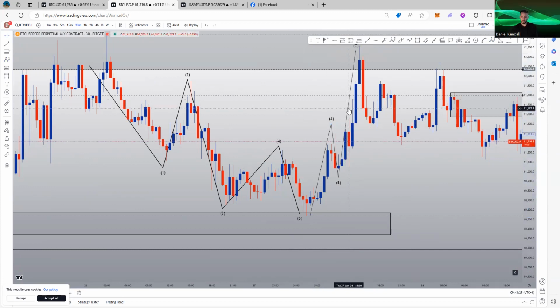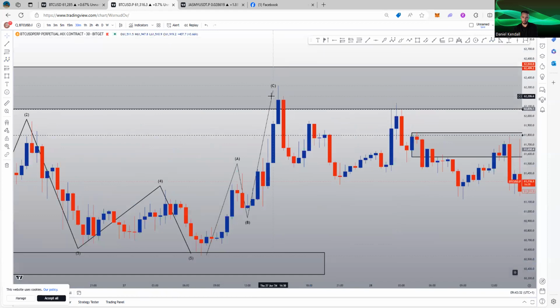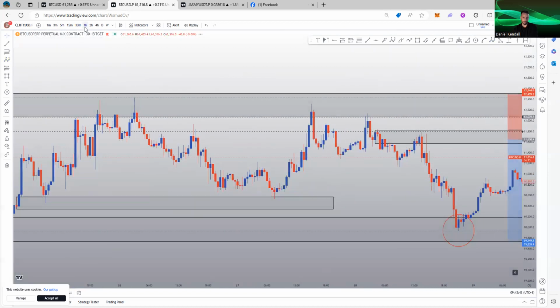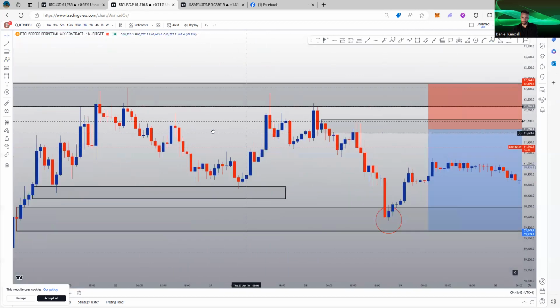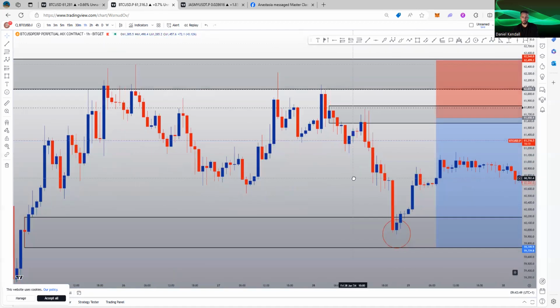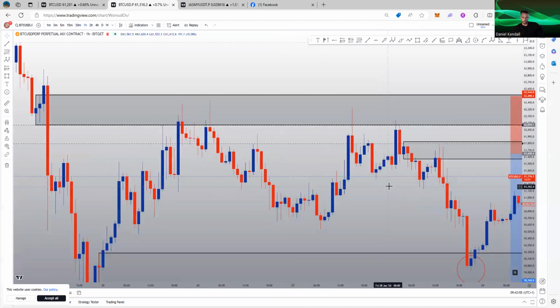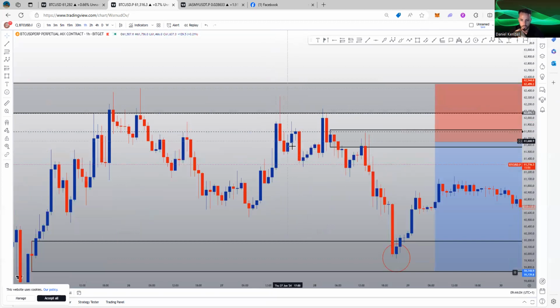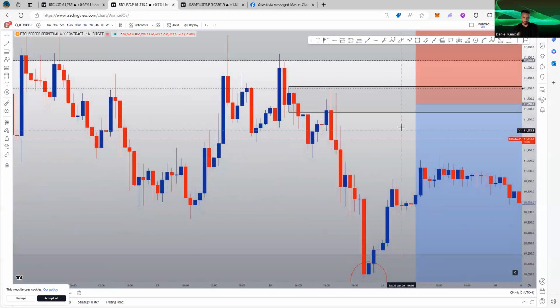Slow down. And then there was the ABC correction. I'll zoom out again. I'm going to go to the 1 hour chart. Right, so price came up, wicked back into that 2-hour order block again and rejected. So this is quite a strong sell area when price comes back up to it. So it wicked into it once, rejected strongly, wicked into it again, rejected, and then we broke market structure